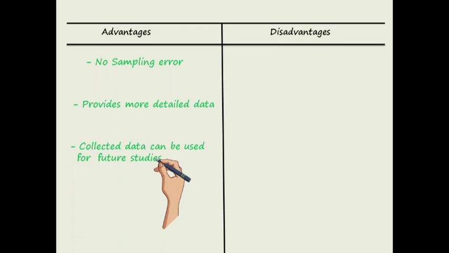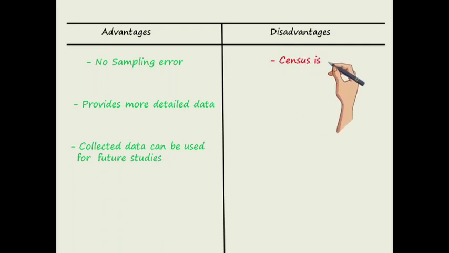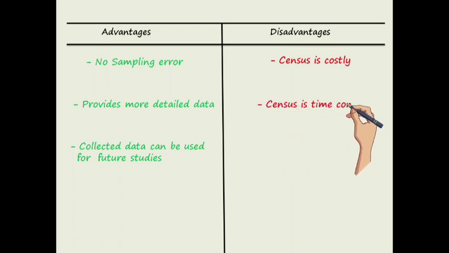The disadvantages of the census method include: conducting a census is costly. Conducting a census indeed entails significant costs, and these expenses stem from various aspects of the data collection process. Census method is time-consuming. Census method is often characterized by its time-consuming nature, primarily due to the comprehensive and exhaustive